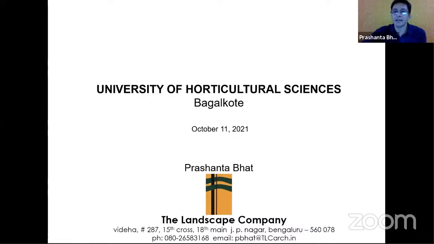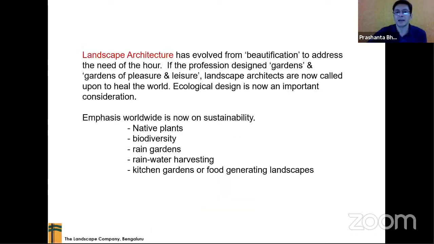Slowly I realized that it was garden design, but also more than garden design. It really encompassed so many other things. Then I got my Master of Landscape Architecture from the University of Pennsylvania. I worked in the US and France, and then I came back to India, and I have been working with Indo-American Hybrid Seeds and also my own firm called the Landscape Company.